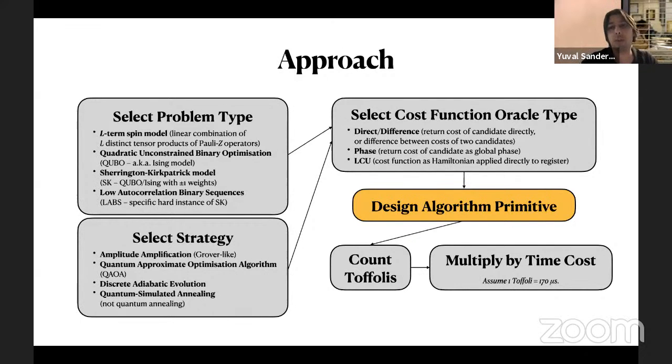And that's what strategy we're going to use, what kind of heuristic. The amplitude amplification heuristic, if you're not quite sure what that means, essentially just means something that's kind of Grover-like, and it's quite a simplistic idea. Quantum approximate optimization algorithms, there's so much to say about that, I'm just going to call it QAOA and move on. Then there's an interesting adiabatic approach that we looked at in this paper.